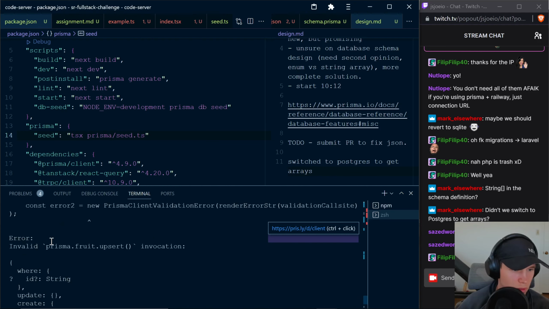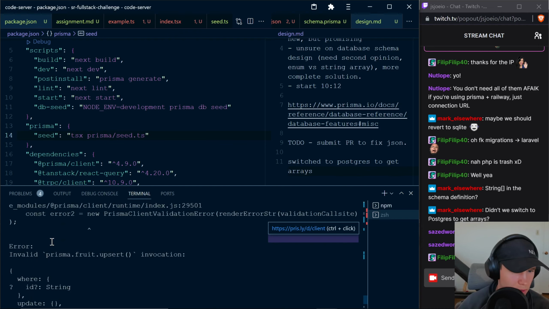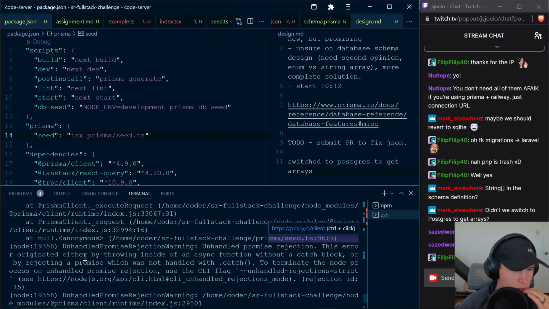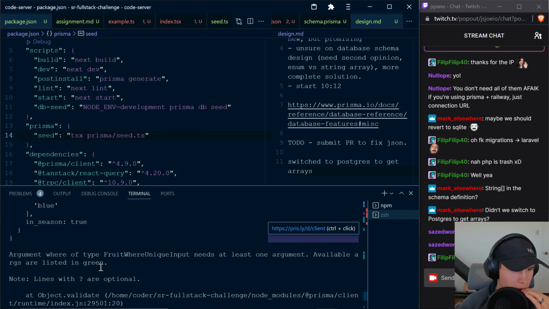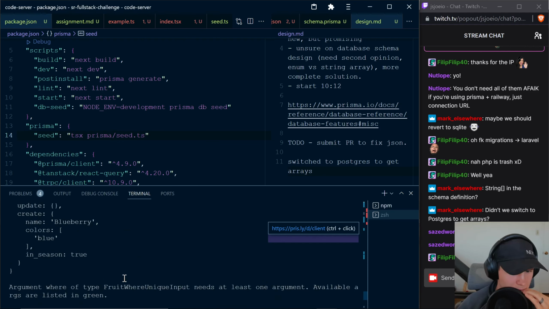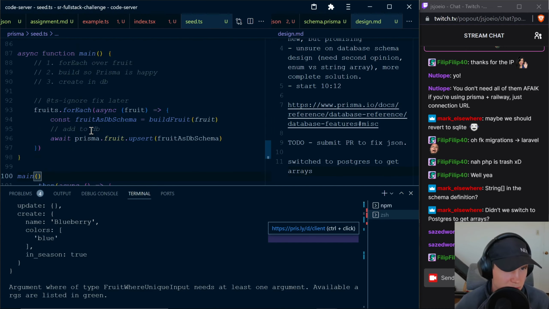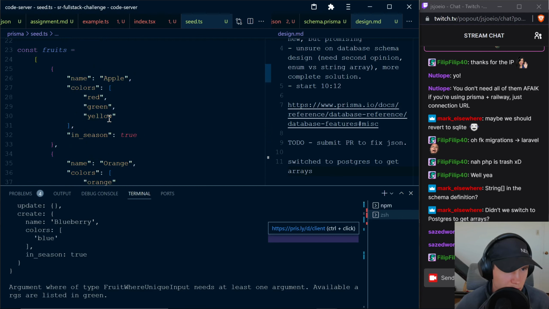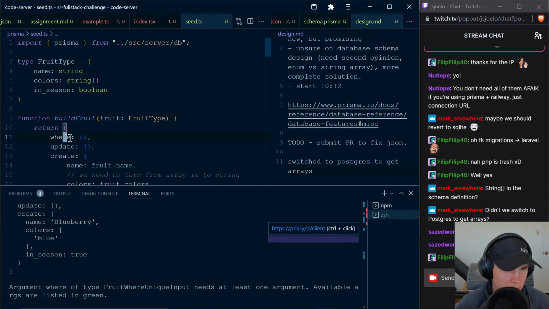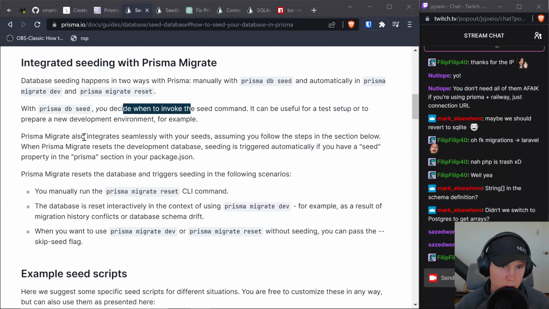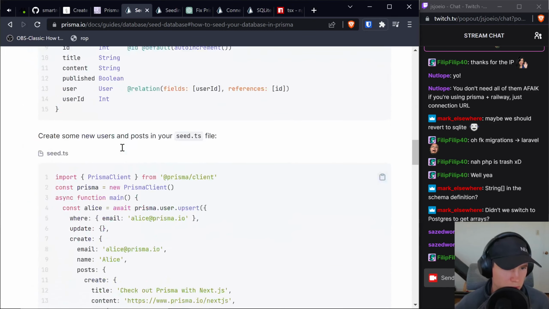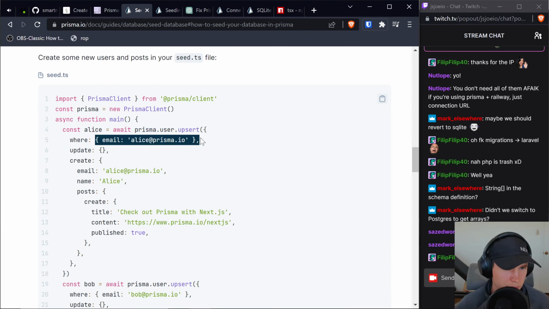Okay, so it's an invalid invocation. It's upset with my where. Where do I tell it though? Like, I don't care where you put it. Just put it in the database. So this is where I need a little bit of help, because the ID is optional. So like, where do I